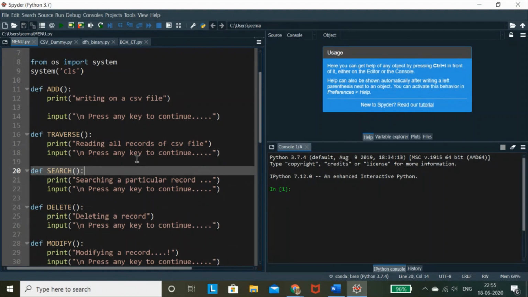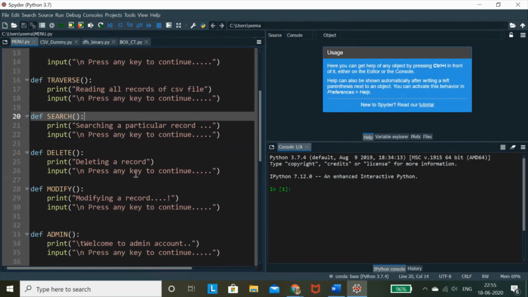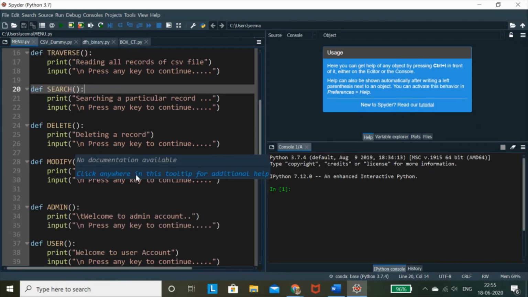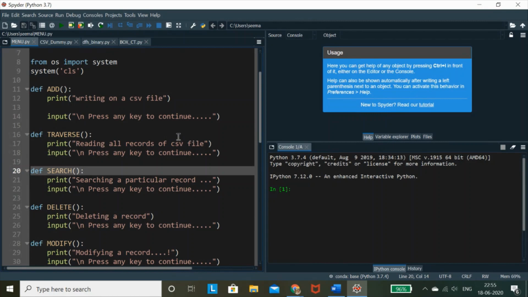The third one is searching a particular record that will be on the basis of some value for which I'm going to search a record in my data. The next one is delete. I want to delete a particular record, and then I should be able to modify a particular record. So these five are just the very basic of any project which you are going to develop either in CSV or in text files or in binary files or maybe using your MySQL connectivity. So obviously the connection commands will change depending upon what kind of connectivity I'm doing.